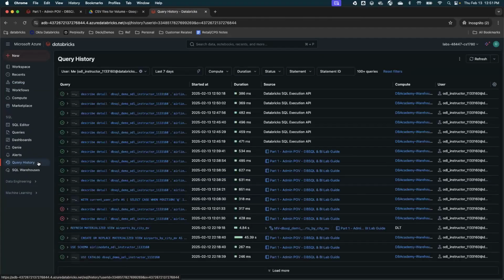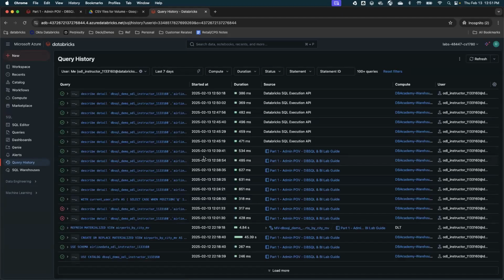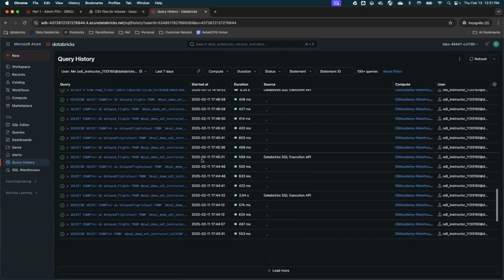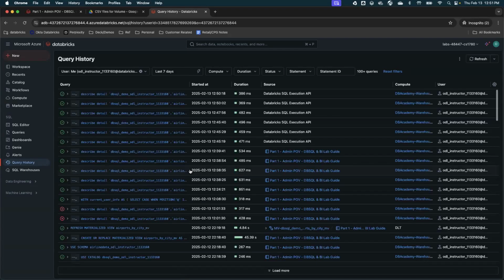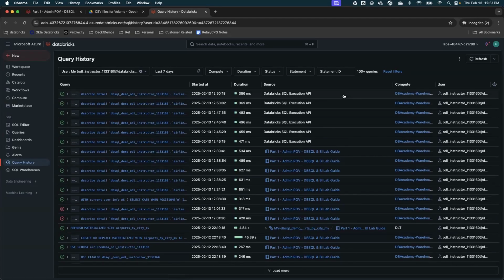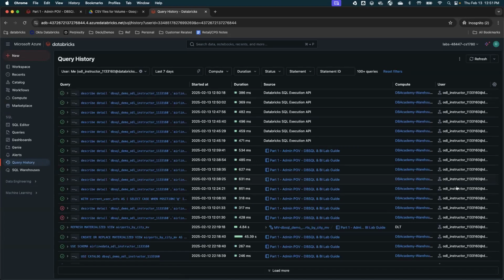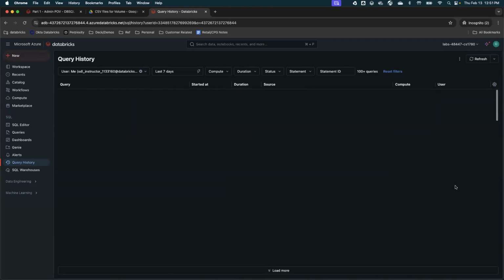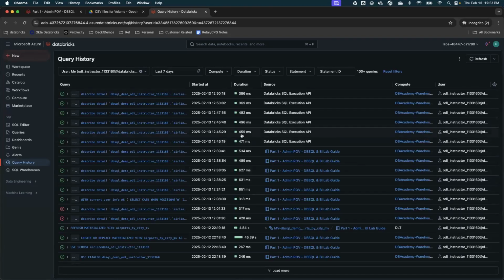Just to figure out what each query is doing, I can go to the query history tab and see all the queries being run by different users. I can see when the query started, how much time it took, what the source of the query is, and who ran the query.